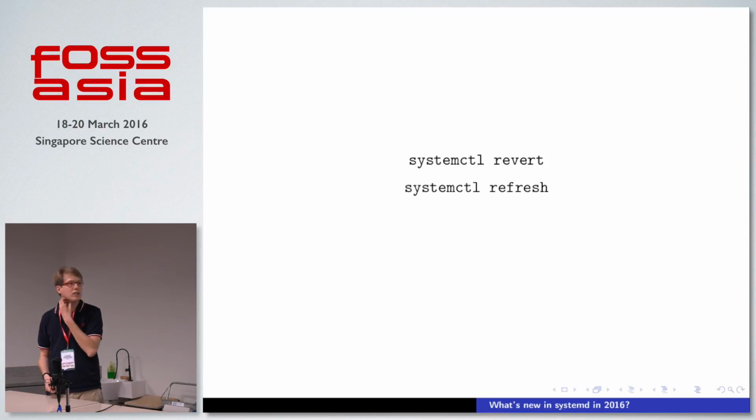And systemctl refresh is something we have been working on for a while, which is actually really, really complex, but hopefully very useful for people. It's basically a way how you can reload the configuration of specific daemons only, instead of the entire systemd system. So if you write systemctl refresh HTTPD, it will actually reload the stuff that systemd knows about that service,